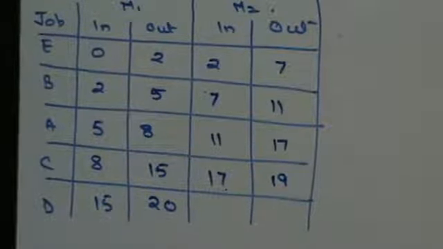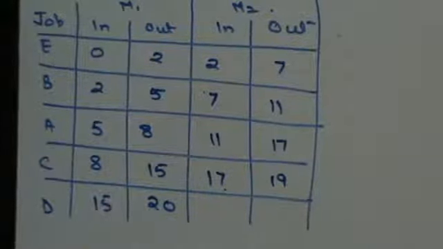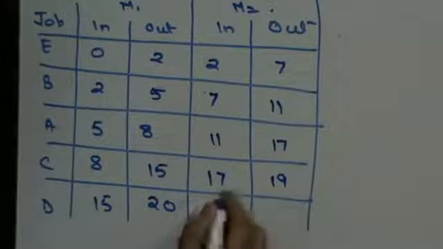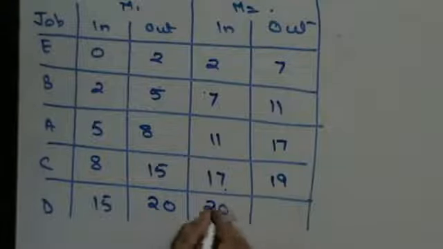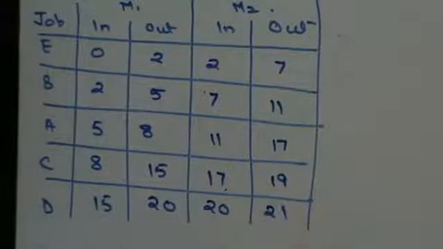The time out of machine 2 is 19 hours, whereas the time out of machine 1 is 20 hours, in which case whichever is the larger time out you will consider that. So instead of writing the 19 here, you will write this as 20. Okay. Job D takes 1 hour, so 21. Right. So that is going to be your time schedule. Fine, do we get this thing here?